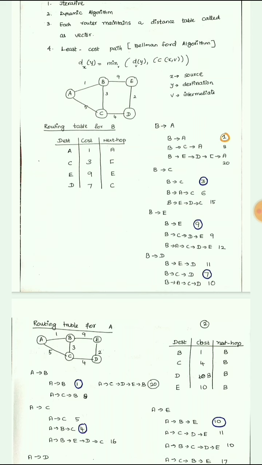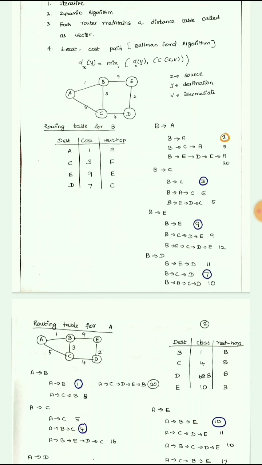So take this scenario, there are 5 routers here. All these 5 nodes are connected via links. Some are directly connected, some are indirectly connected. You can take any node. For each and every node or router in this network, we need to create a routing table. So that routing table tells you that the path between any two nodes, between the source and destination, is minimum. So now we are going to write the routing table by using distance vector routing for all the routers in your network. In this scenario, we have 5 routers A, B, C, D and E.